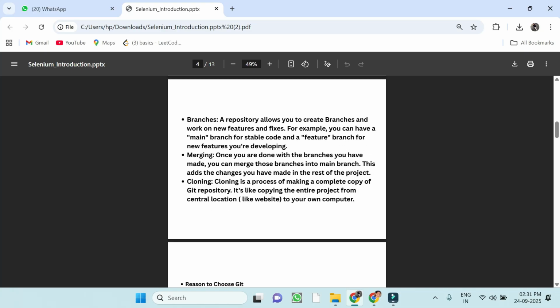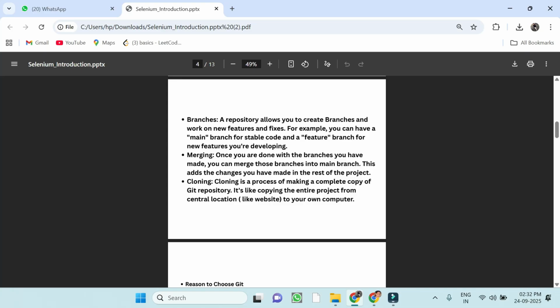So that is the cloning, or clone, like a merging. Not merging, like a branch. Merging is two branches. If you have two separate branches and want to merge them, merge means add them. You want to add two branches. Merging is only when you want to add two modules. You have a separate branch for login, and another branch for cart, and you want to merge both of them. Then that is called merging.